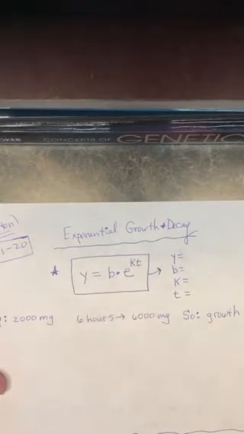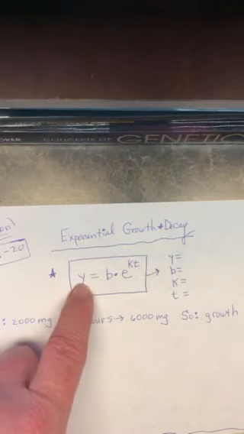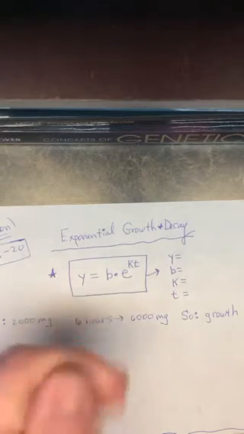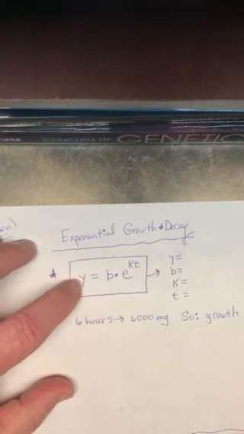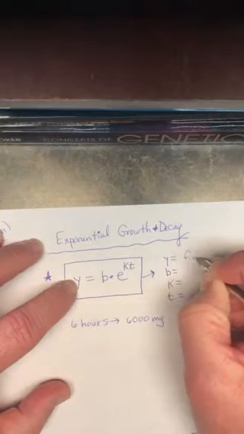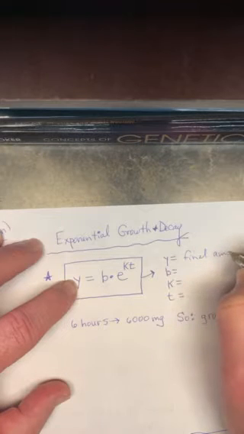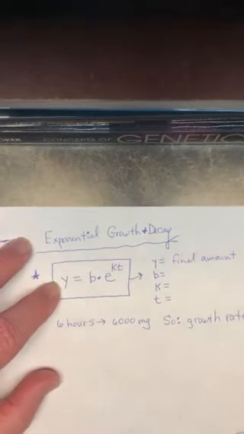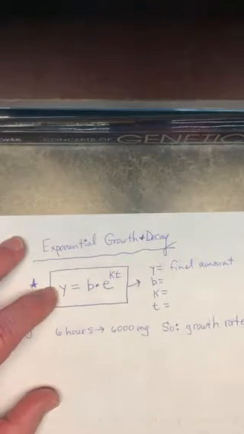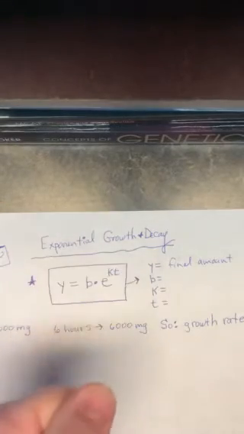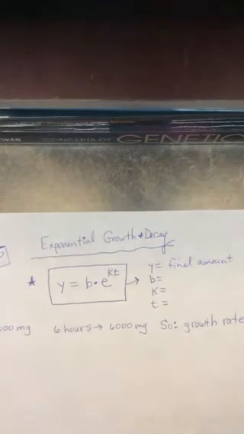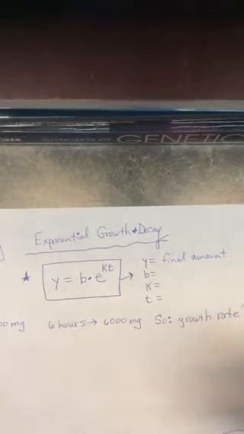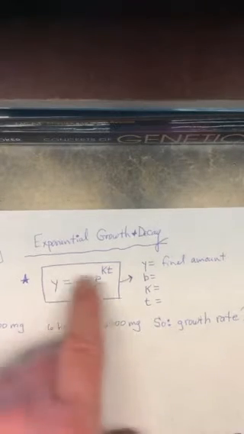What do all those letters mean? We're just going to make a little note on that. It is in function form where it says y equals, because it is an exponential growth and decay function. Y is going to end up being the final amount of material that's present at a certain time, or at the end of an experiment, so to speak. So whether something's growing like a bacteria or a virus or population or a bank account, anything that's growing at an exponential rate, y is going to be our final amount